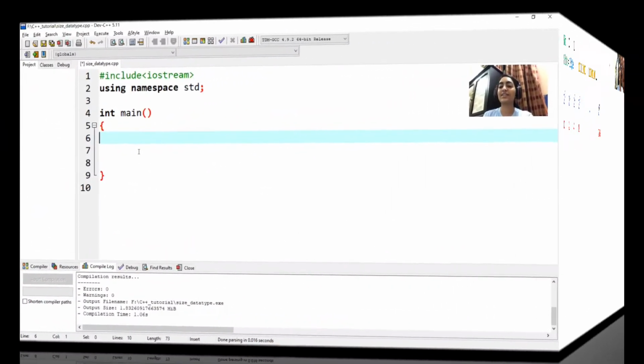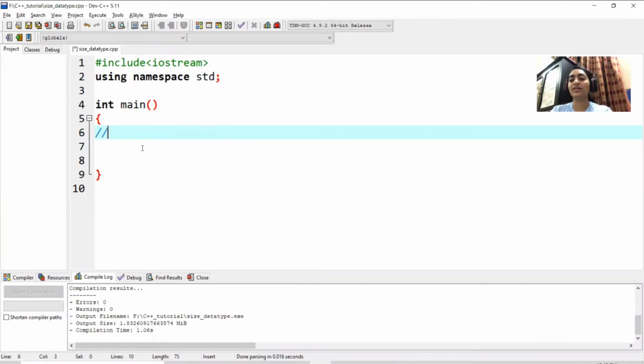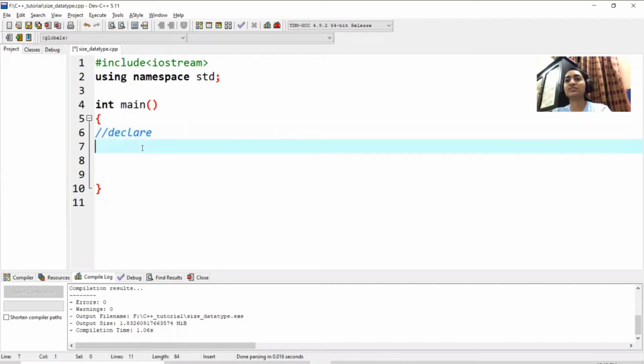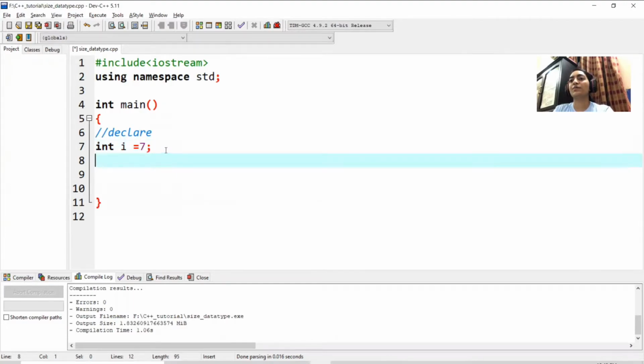Okay, now let's practically see how we declare the data types. Whatever I write after the double slash is known as a comment. These lines are not executed, but they are for the coder to understand what is written in the code, to explain something, right? So let's see how we declare data types. For example, int is a data type which stores integers. Integers, you know, have positive and negative numbers. So this is stored here.